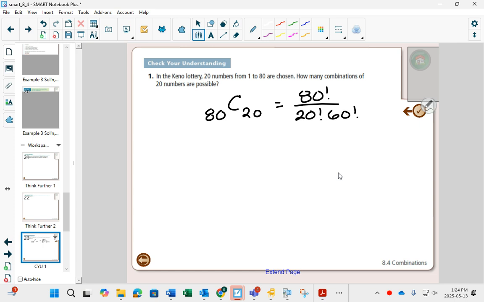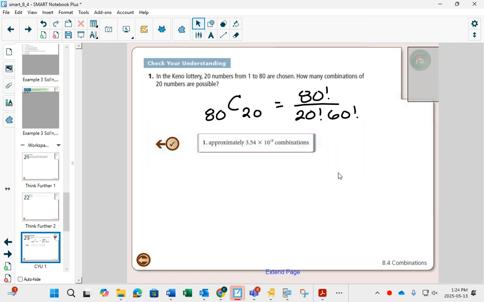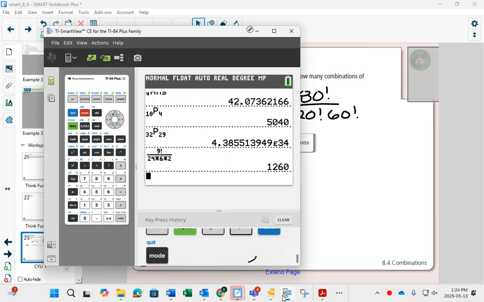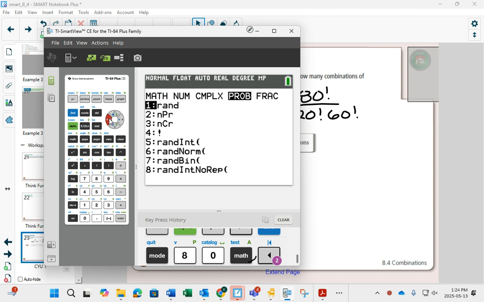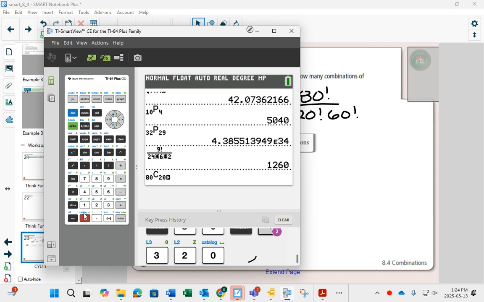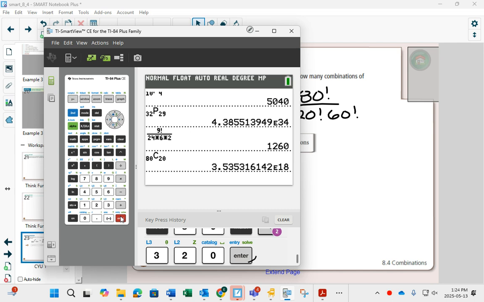This is a huge number. If I type it in my calculator, 3.54 times 10 to the 18. And depending on how you type it into your calculator, you might actually get errors. We'll just double check here. If you do 80 and then hit the math button and go over to probability and choose 20, the answer appears. But if you decided to do 80 factorial first,